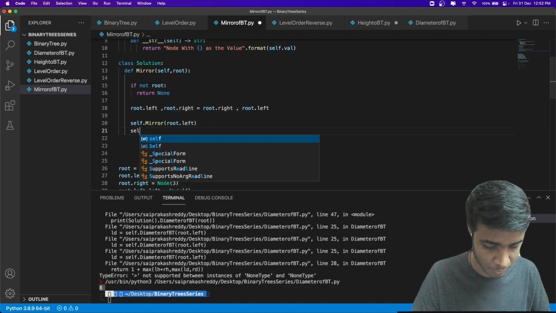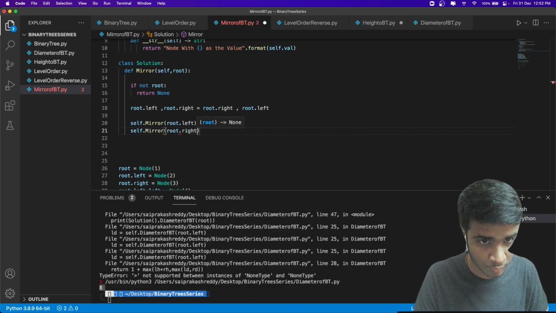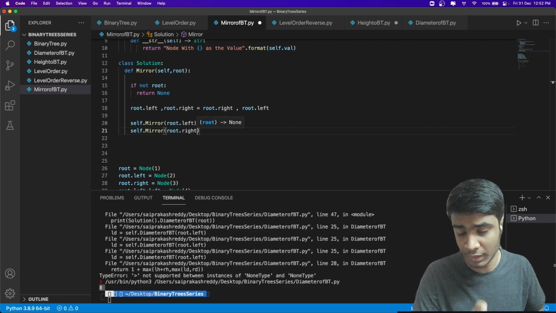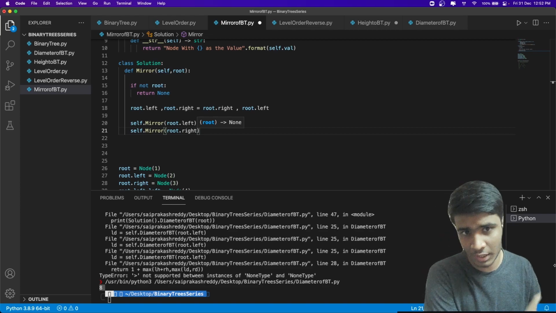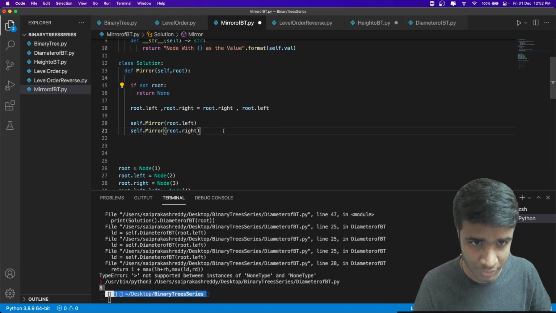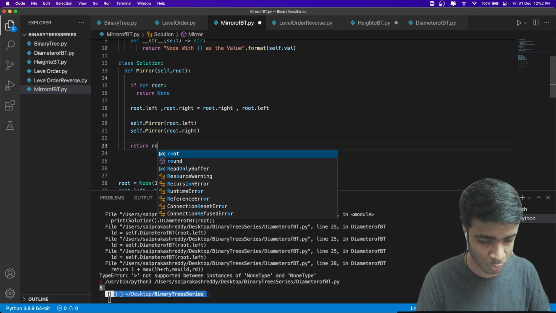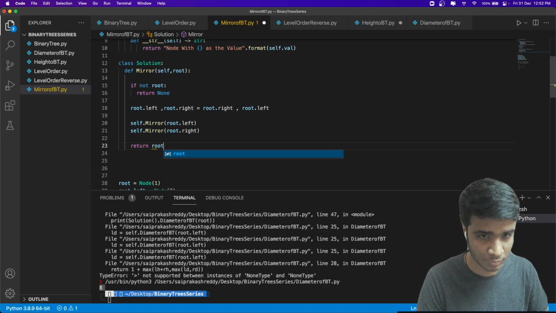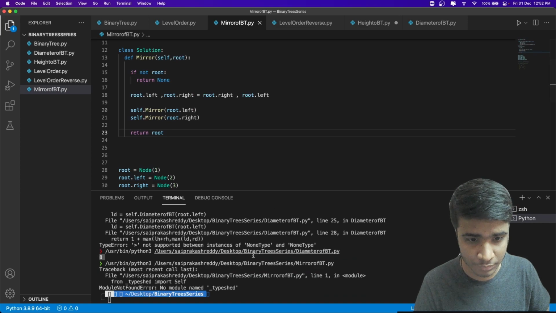Left also has to be mirrored, right also has to be mirrored. Now what this does, it again calls its child. The child will do their own. They also call their child, and so on, until they reach this base condition. That's the beauty of recursion. And in the end, all we do is simply return root. Okay, that's how you can solve this problem.